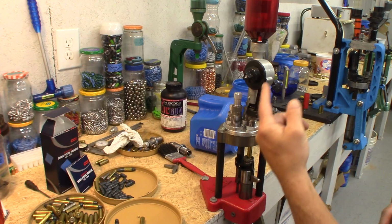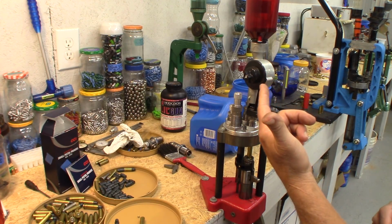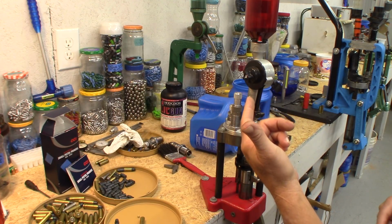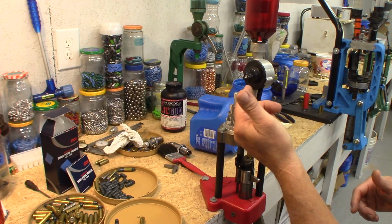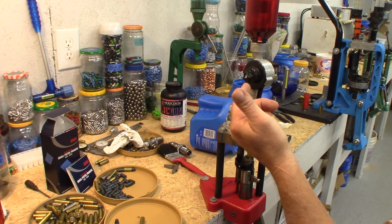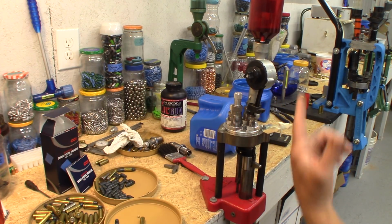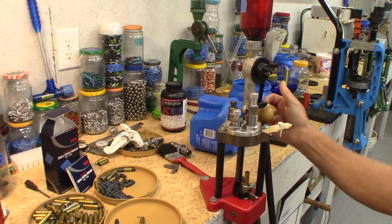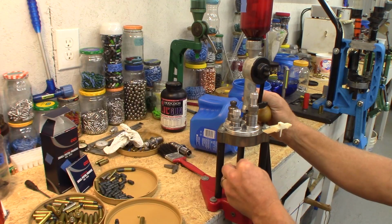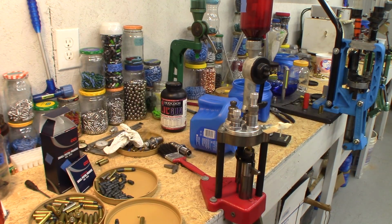I'm using this Lee drum powder measure. It's an auto drum powder measure that I really like, and it actually meters this powder beautifully. Every time I check it, I'm within 1 or 2 tenths max of the range where I want to be. So 15.7 grains. You just go up, let that thing drop that powder charge for you, and so now I've got a powder charge in there. I'm going to set my Keith bullet on there like that, and I'm going to run it right up in there,